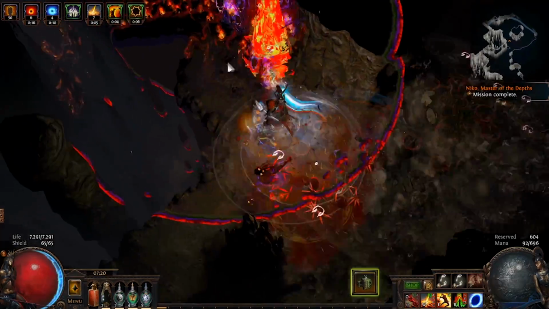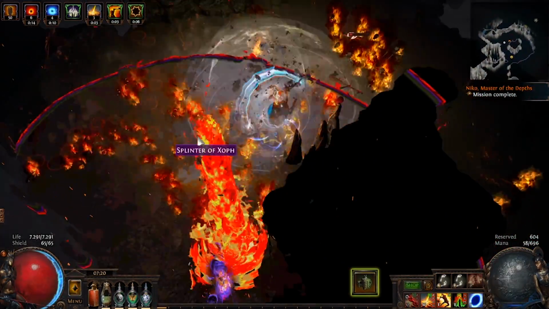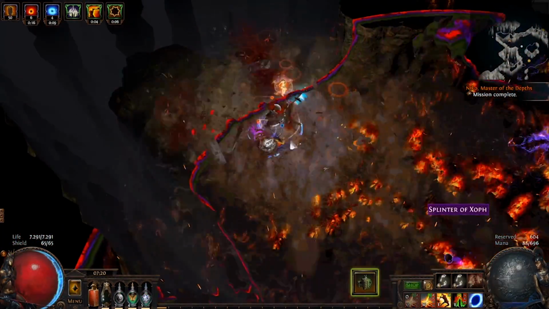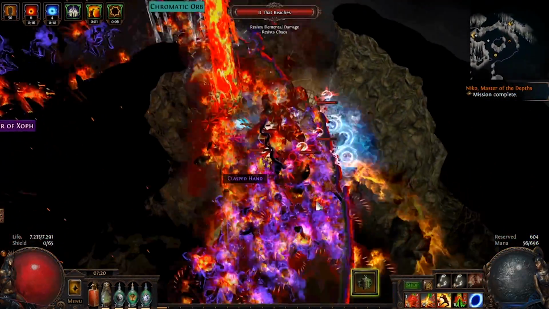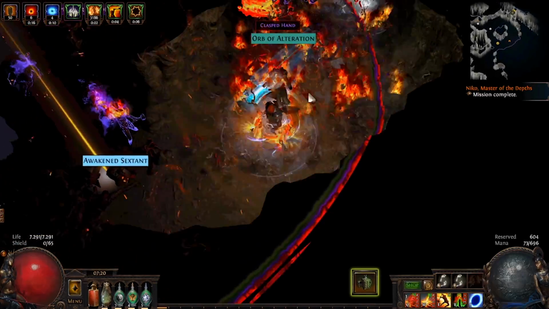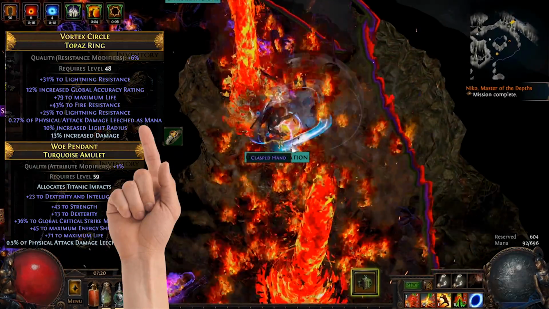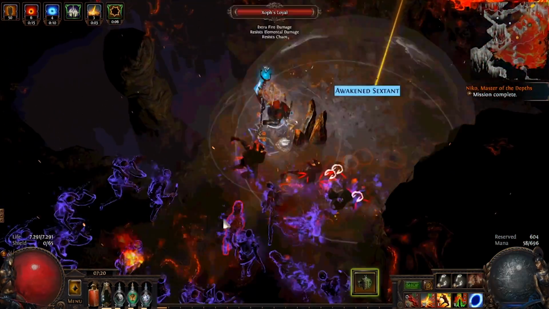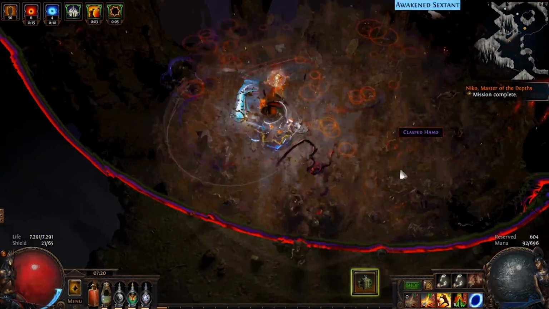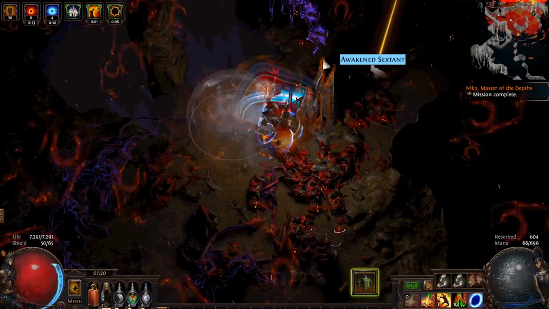You want 1 physical damage leached as life roll on one gear piece and 1 physical damage leached as mana roll on another gear piece. This can roll on rings, amulets, jewels and gloves. I got the mana leech on a ring and crafted life leech via benchcraft on an amulet. The mana leech is needed for mana sustain, and the attack leech is really important once it gets towards sustaining